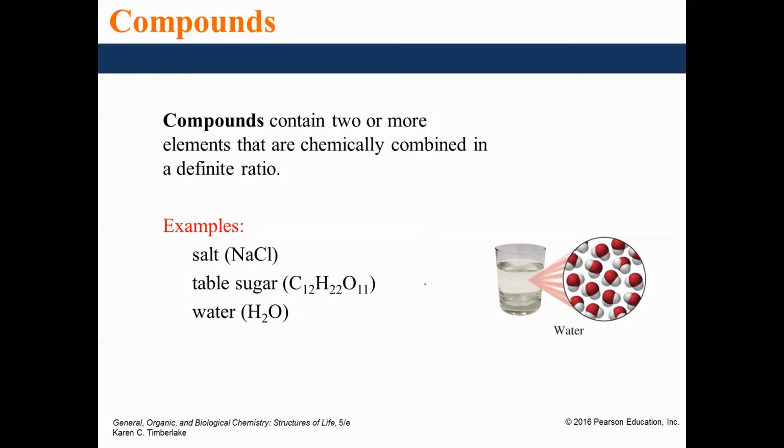compounds. Compounds are when we chemically bond two different elements together, two or more elements together in a definite ratio. Water is a great example of this. Water is H2O. Two hydrogens and one oxygen bond together to make water. Table sugar is another example. The formula is listed there. And table salt is another example. NaCl. They're chemically bonded together, the sodiums and the chlorines, and they are in a fixed ratio, in this